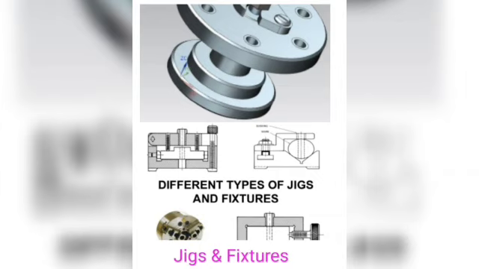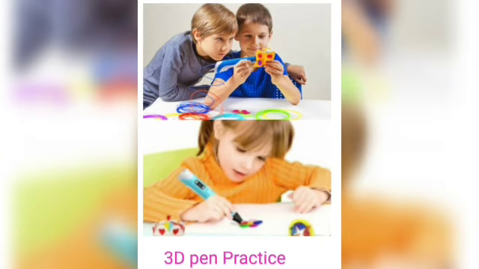Here is another important part: jigs and fixtures. We make different parts in mechanical, so to lock or locate a part we have to make different types of attachments. That attachment will be covered in the jigs and fixtures topic. It is a very important topic, so we will cover that.